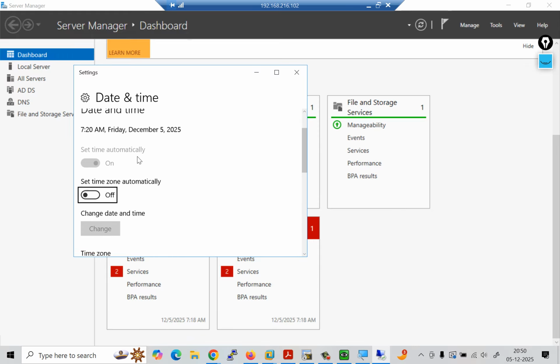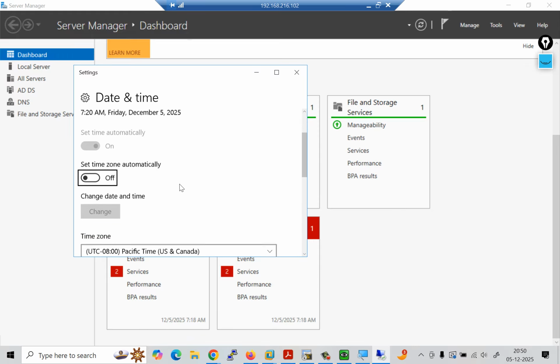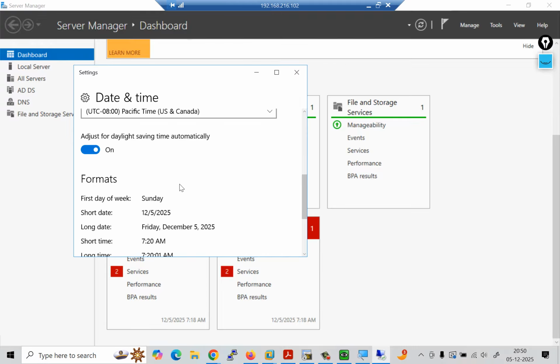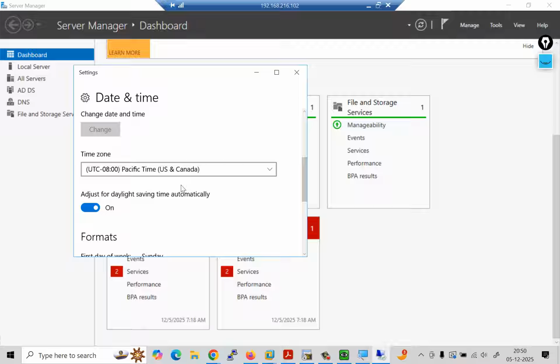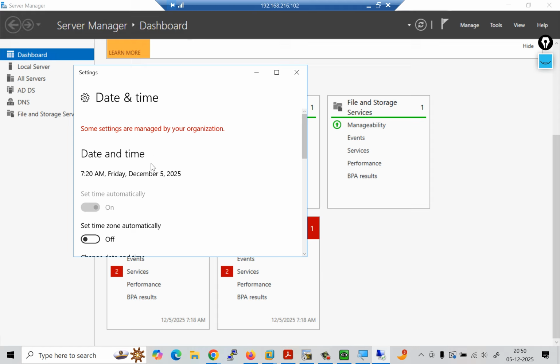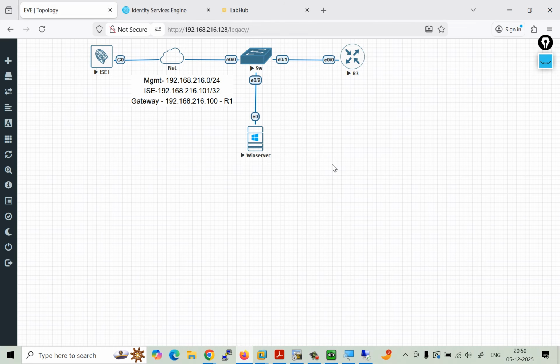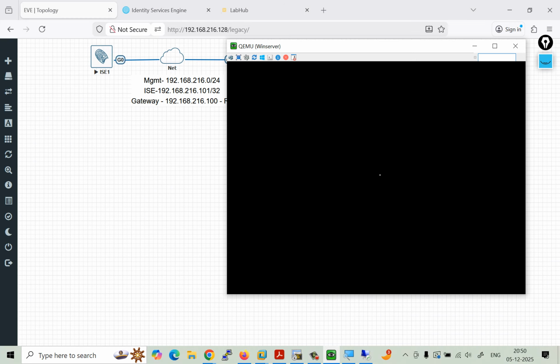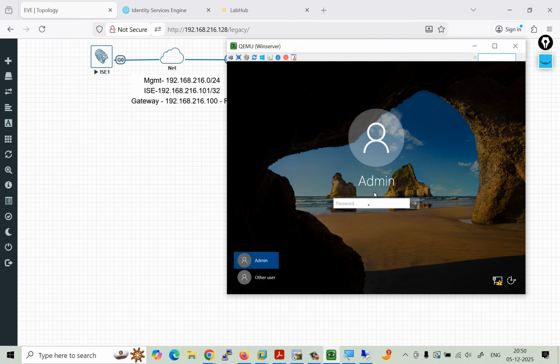Okay, so I want to change the time. Okay, some settings are managed by your organization. So maybe here I don't have a direct option because of the remote access. So let me try to configure through the